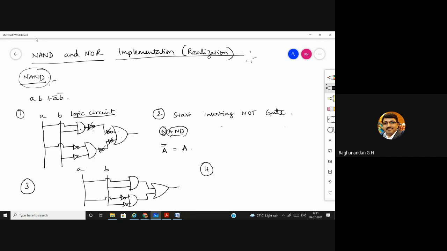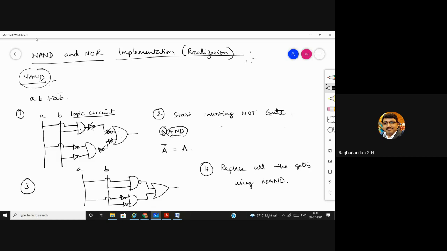In the fourth step, you should replace all the gates using NAND. Actually, you should write the circuit 4 times, step by step, but I'm writing it here only. This is AND, no? Make it NAND.